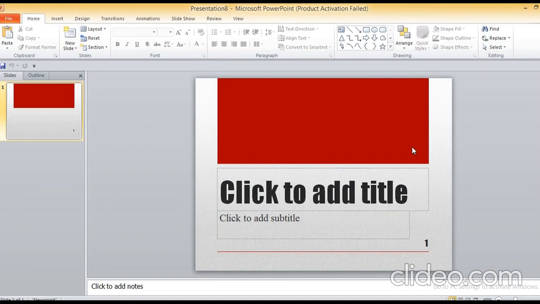Now, I think all of you are clear how to take a blank presentation, how to create from a built-in template, and how to install a theme to your presentation. All three points, I think you are clear. And we have discussed one more thing: the extension of the PowerPoint file is .pptx and the extension of the template file is .potx.